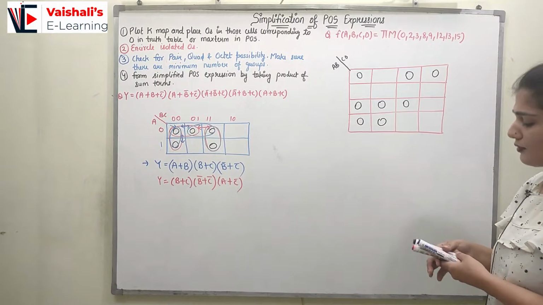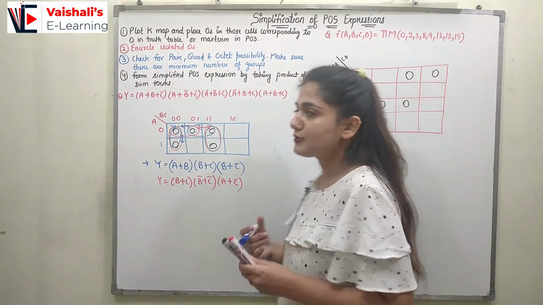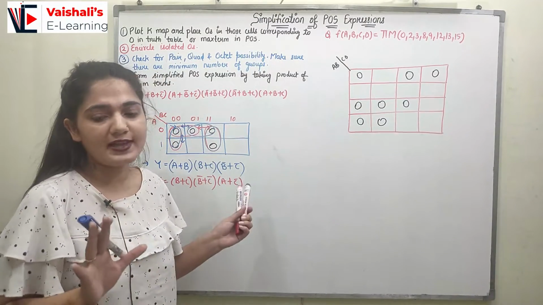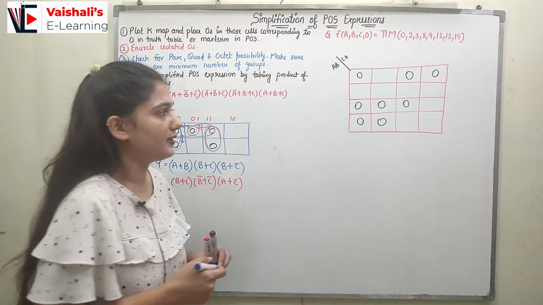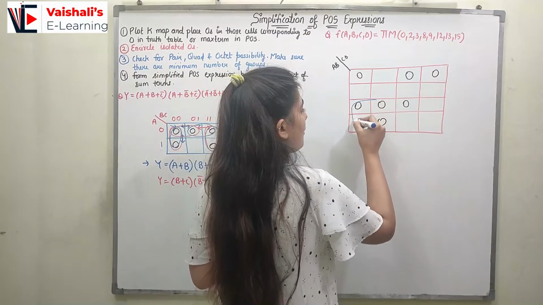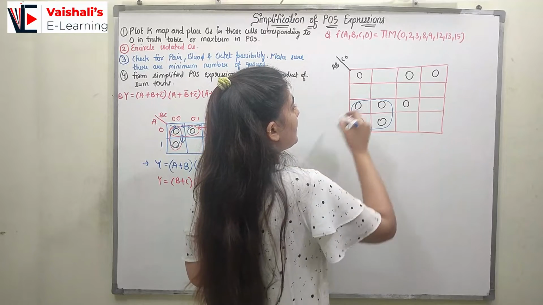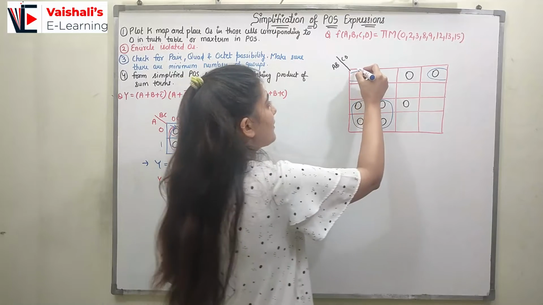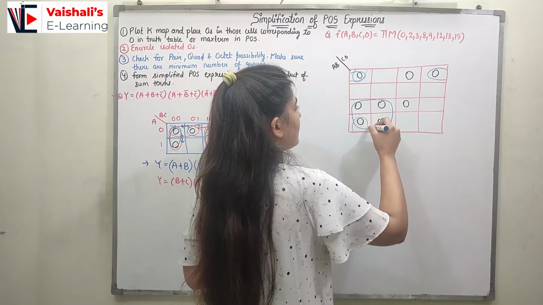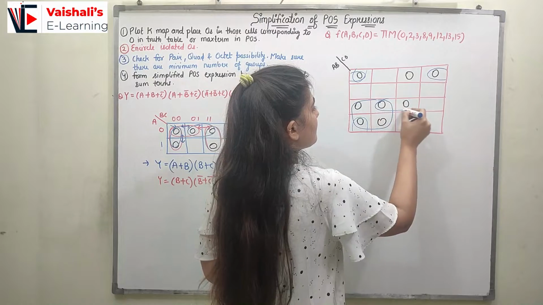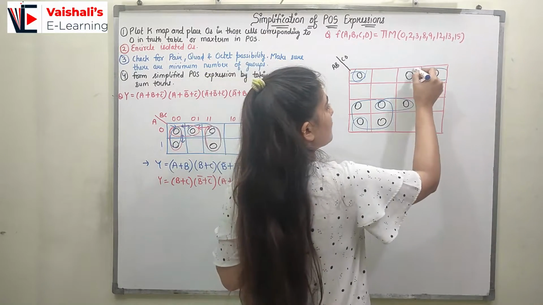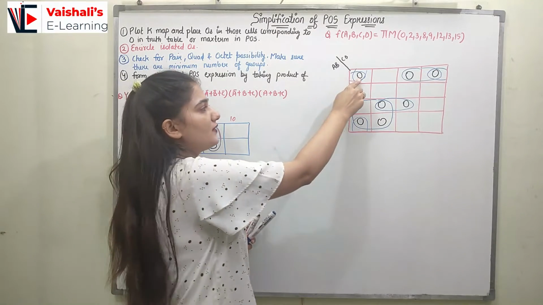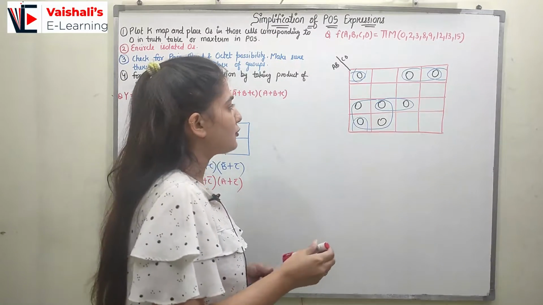So now here you can observe how many pairs we can form. Do you see any isolated 0? Isolated 0 is not there because I can form a pair or a quad over here, right? So here if you see all these, I have a pair. After that we have a 0 which is paired with this 0. Now I could have paired this 0 with this 0 as well, right? Now this 0 is paired with this 0 only, and this 0 is paired with this 0 only. So here also I will be having two possibilities based upon this 0 pairing, where I want to pair this 0.